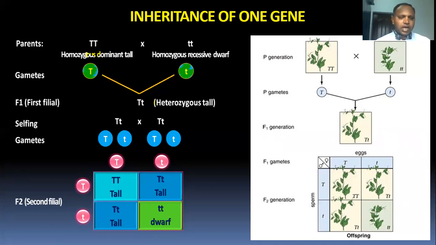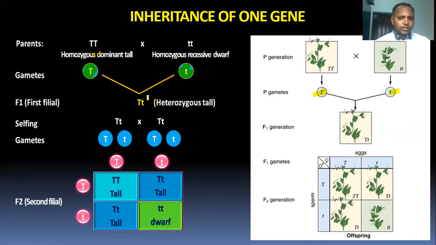So you see here, the gamete from this parent is capital T, and from this parent is small t. So how does the progeny look? Capital T and small t. It's heterozygous, but the plants look tall. You can look at the image: the gamete here is capital T, here the gamete is small t. From this he collected seeds and planted them, and he got all progenies tall. All the progenies are looking tall.